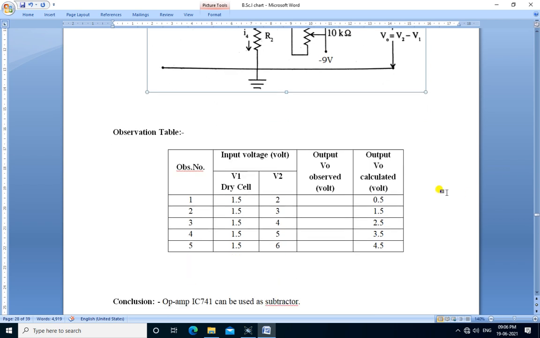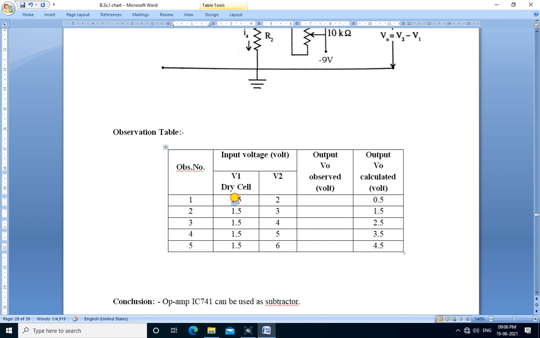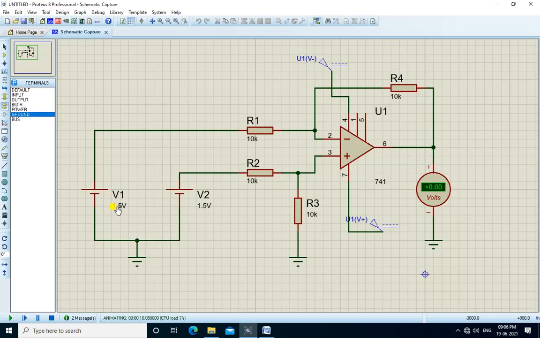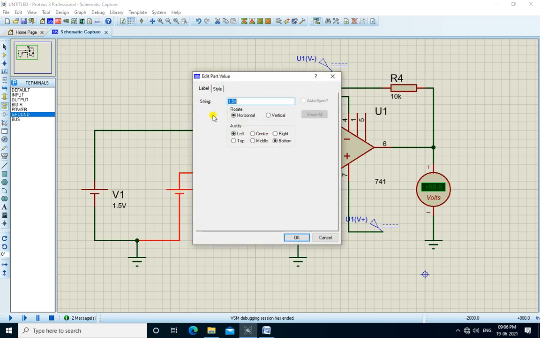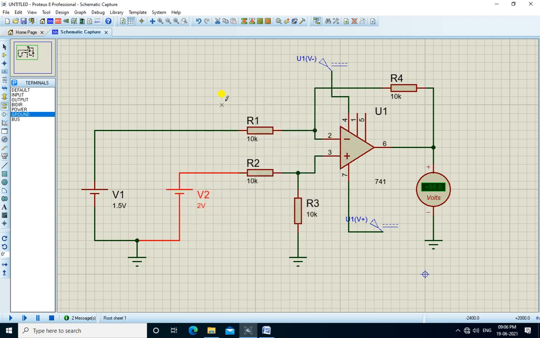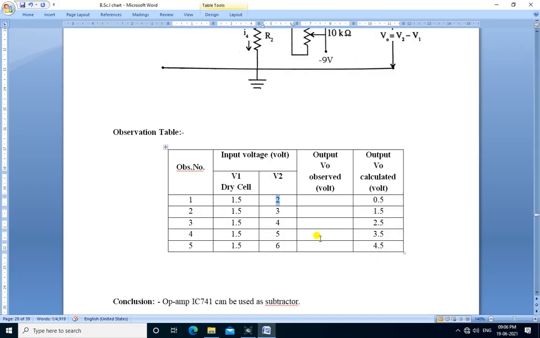Now we take the readings. First observation, V1 is 1.5, V2 is 2 volt. We set the voltages. We change the value to 2 volt. We run the simulation and the output is 0.5 volt. We note down the voltage here, 0.5 volt. Next reading,